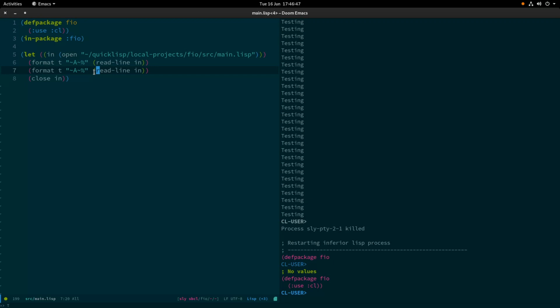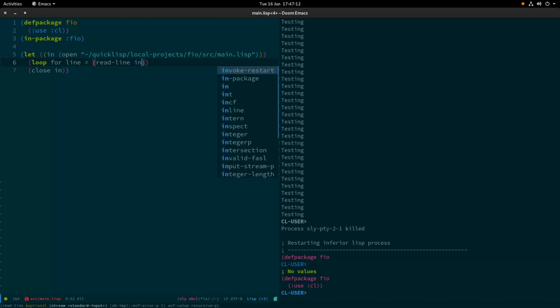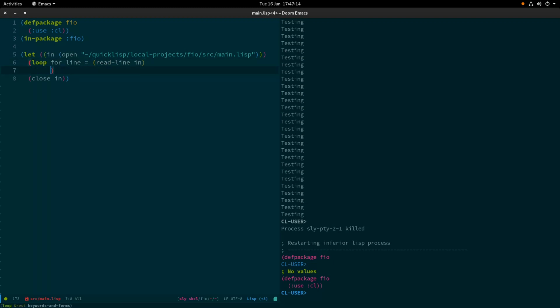We're going to delve into some very early uses of the loop macro. So let's get rid of these two lines. Loop macros begin with the word loop. And what we're going to do is loop over something. So loop for, we're going to say line equals readline in, and we're going to say while line, format t